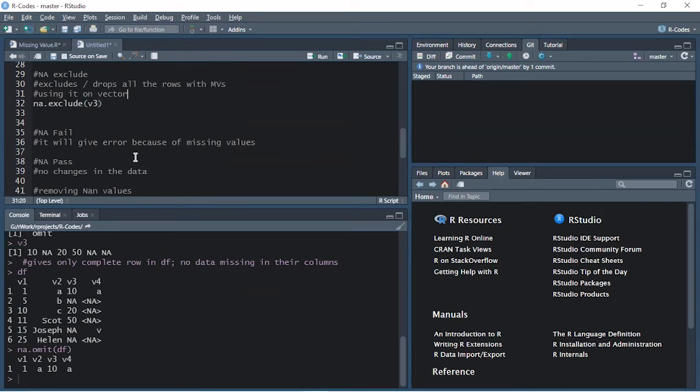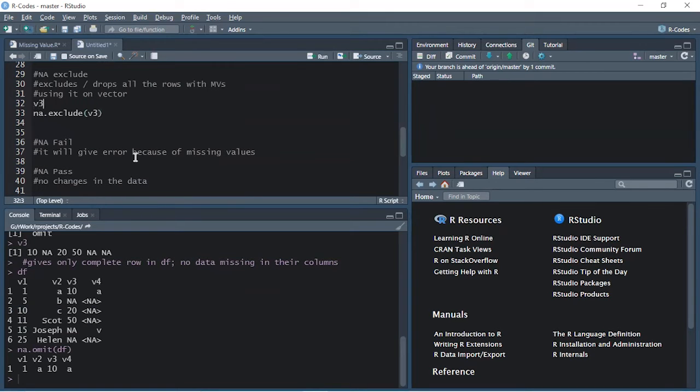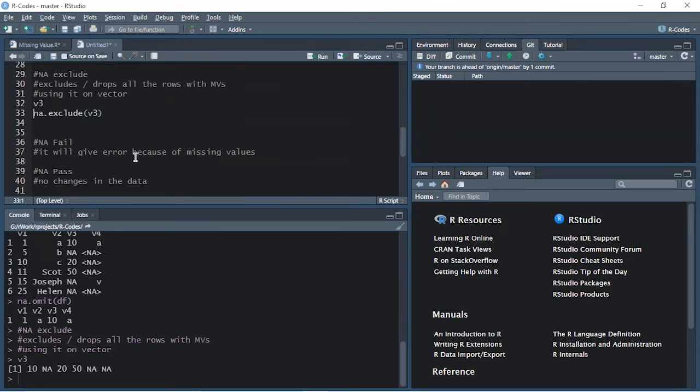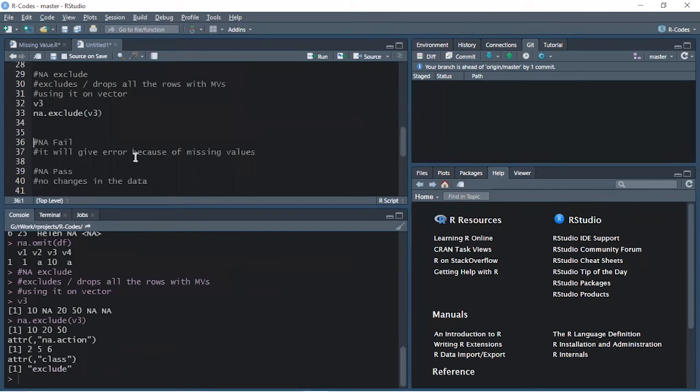Before executing this, let's see what v3 actually is. So v3, there are 6 values, 3 of them are complete, 3 NAs. So if I say na.exclude v3, what does it give me? It's all those complete values, then the position of the missing values, and the function that we have used, that is exclude.